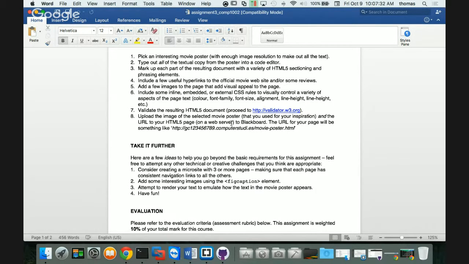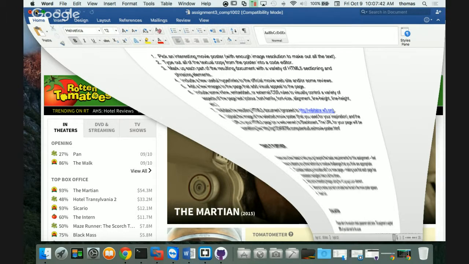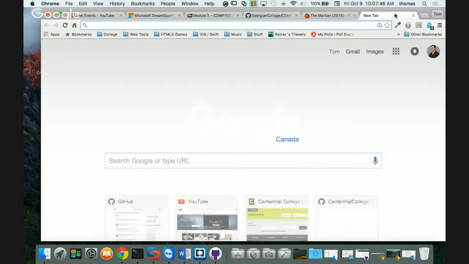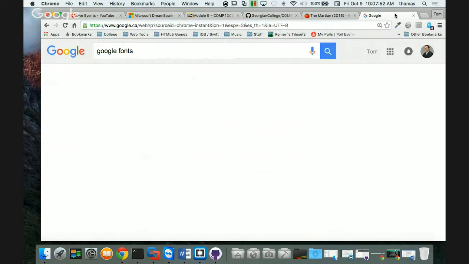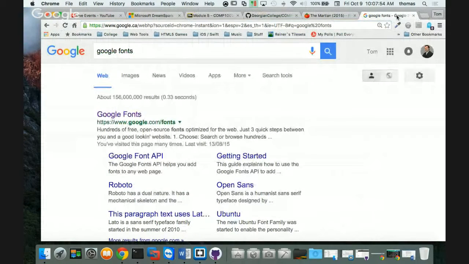It says attempt to render your text to emulate how the text in the movie poster appears. So that means, how do I make my text look the same? Can I go somewhere to get my text from? And one of the most popular things to do is to add in a web font. Now we're going to cover that later on, but let's just see this. So if I go to Google Fonts, if I just type Google Fonts in there, you can just go to